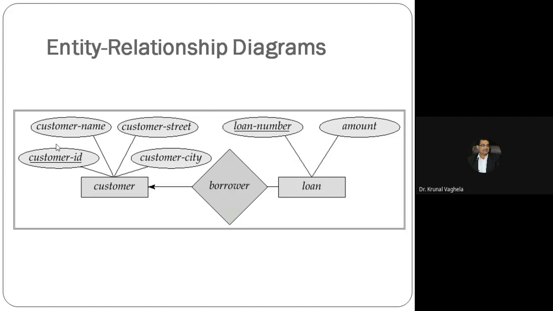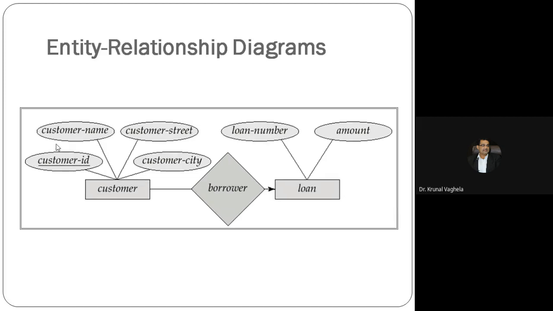Now, what does it mean in real life? One to many means a customer can have multiple loans. Some customers have a car loan, some a home loan, personal loan. But what is the reverse? A loan cannot belong to more than one customer. So if you want to represent the constraint in the diagram, this is the right method. Got it?